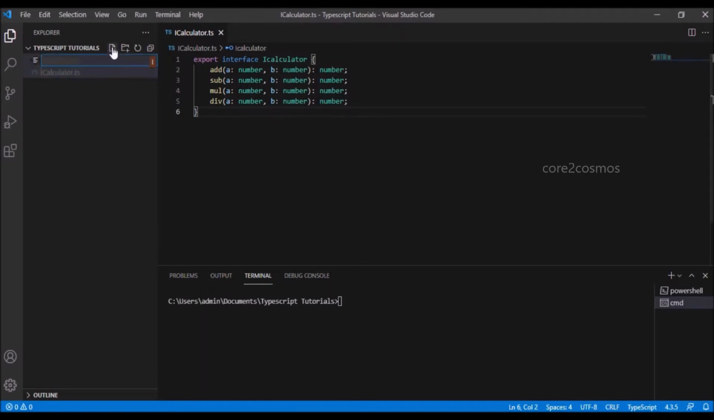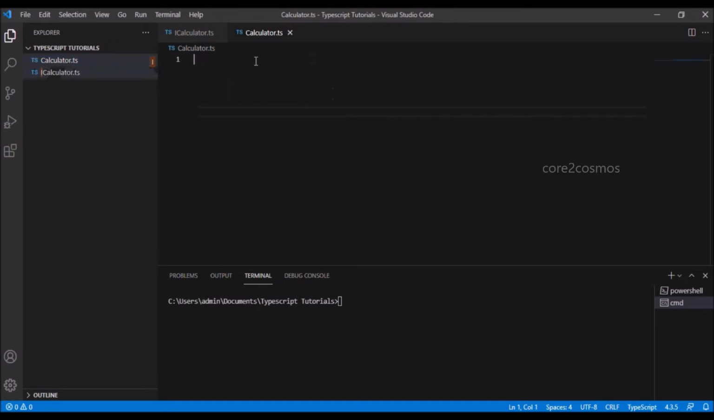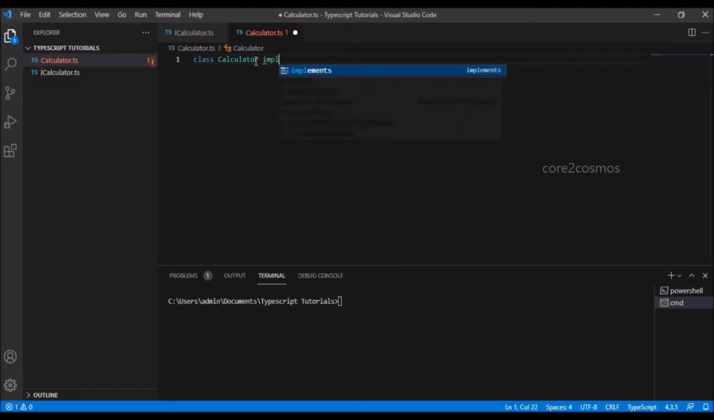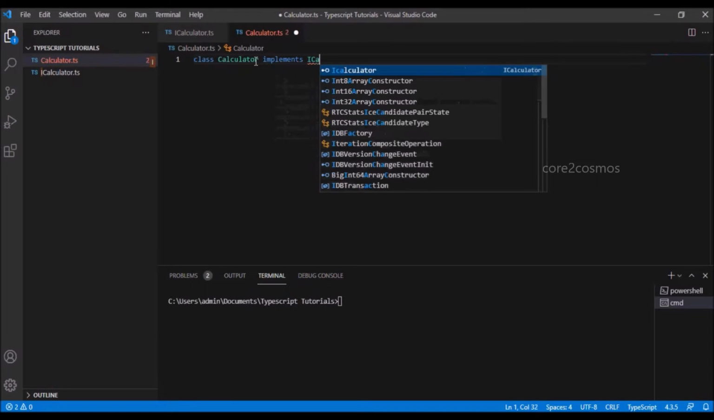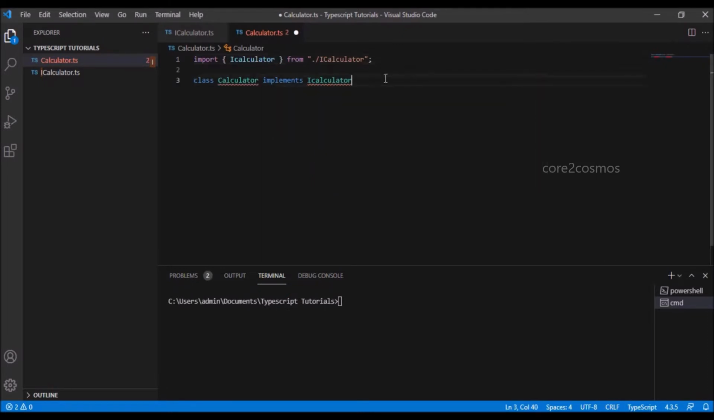I am going to create another TypeScript file with name calculator. The idea of creating this calculator.ts is to create a class with name calculator, which is going to implement the iCalculator interface. So once I say class calculator implements iCalculator, the Visual Studio Code automatically includes the line number 1,